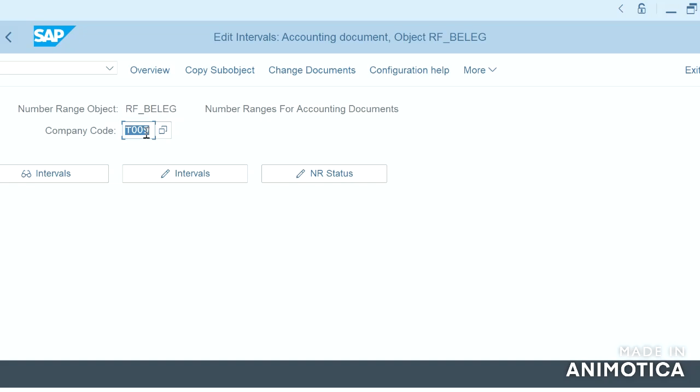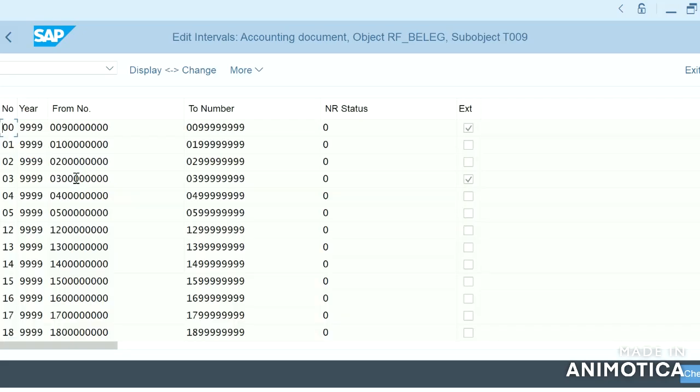This is not at client level. So you can define number ranges individually for each company code, and we can assign one or more document types to each number range.